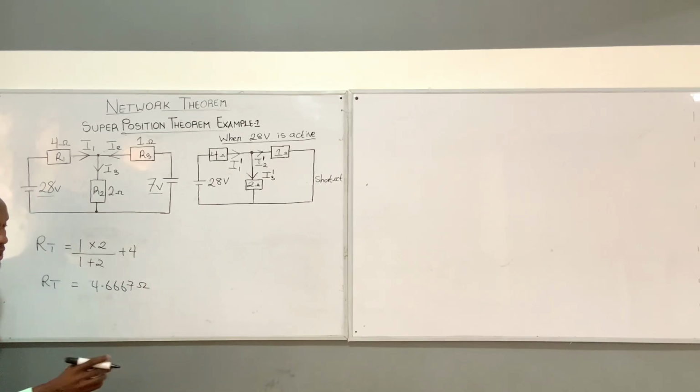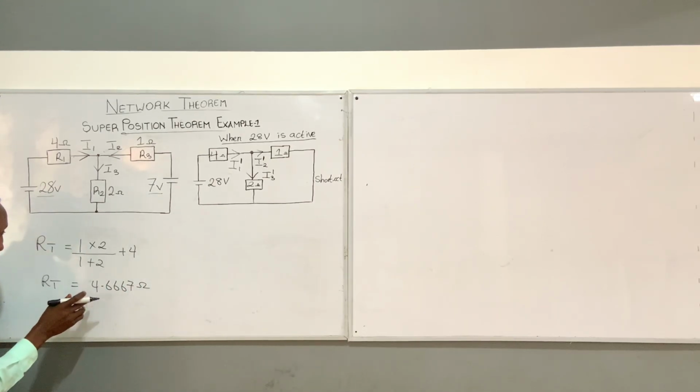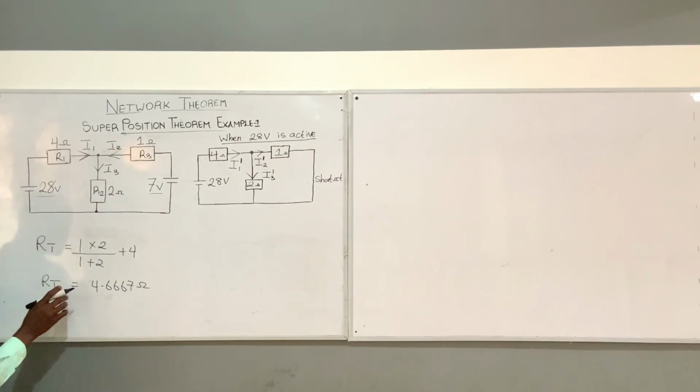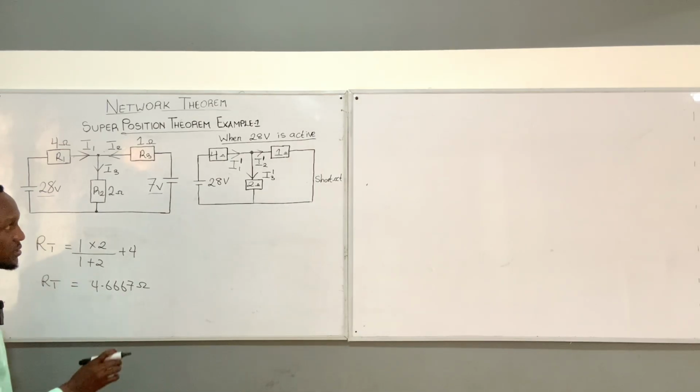4.6667 ohms. I want you to leave your answer in 4 decimal places. It will help us to finalize the final answer, okay? Because if we don't put it in 4 decimal places, it will affect the values we'll be getting. Now, after you've been able to find the total resistive value, the next thing we need to do is to